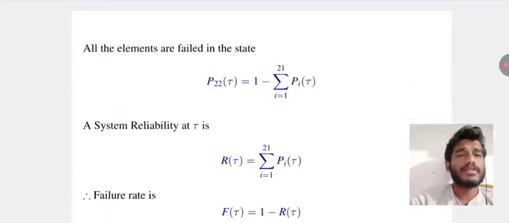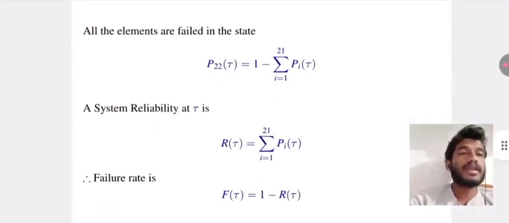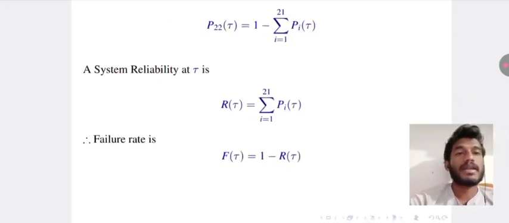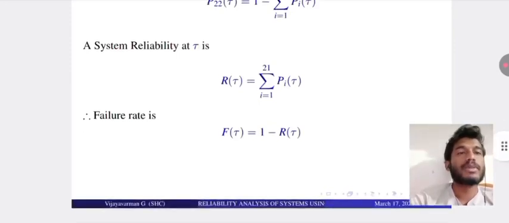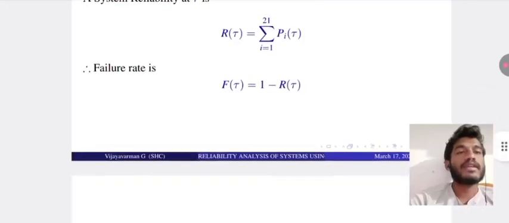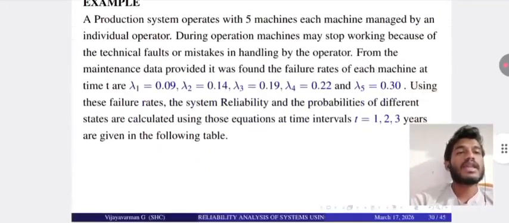All the elements failed: P22(τ) = 1 - Σ i=1 to 21 Pi(τ). The system reliability is R(t) = Σ i=1 to 21 Pi(t). The failure rate is f(τ) = 1 - R(t). Here is the example,